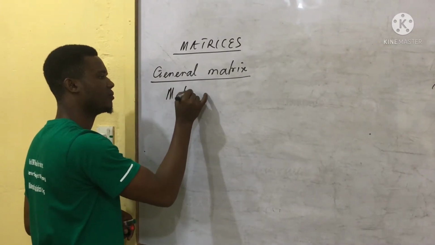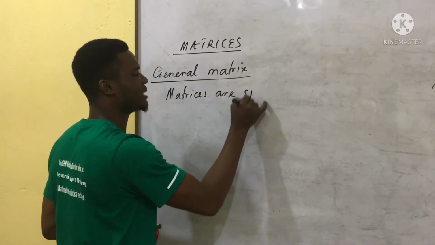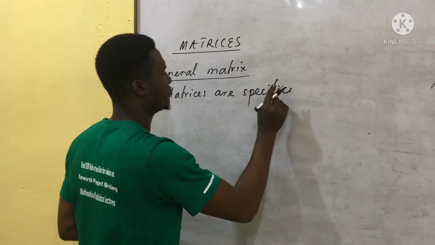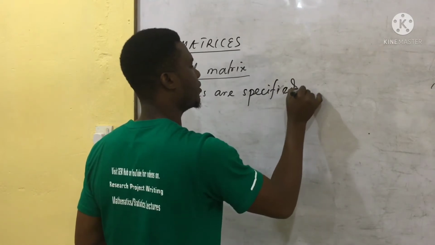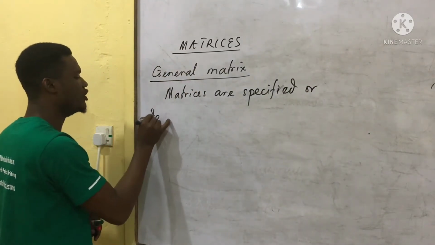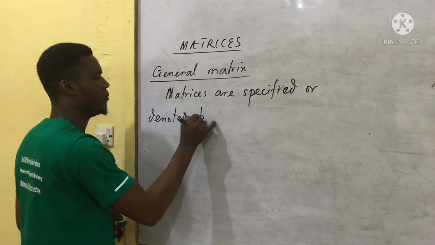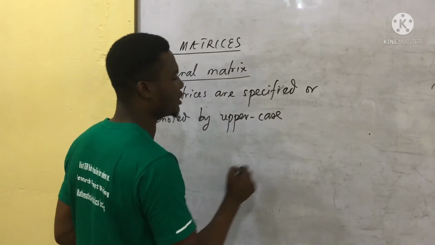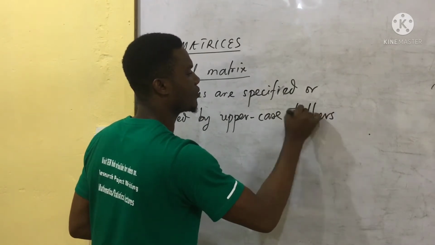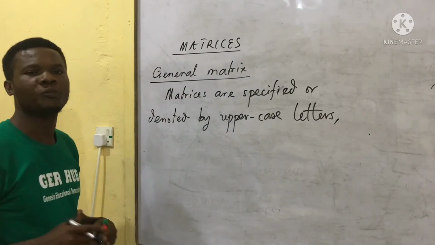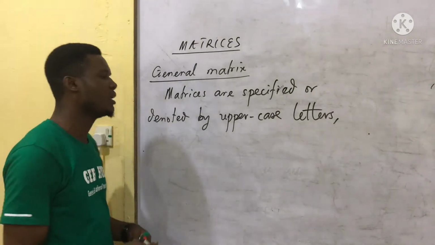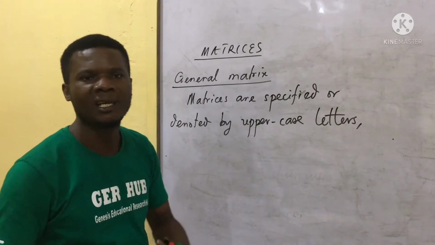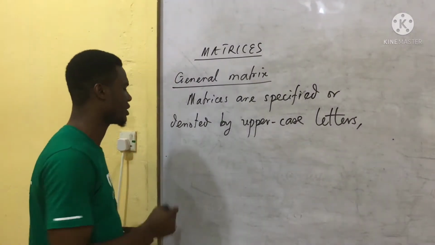Matrices are specified or denoted by uppercase letters. So if you want to specify a matrix, then you should be using uppercase letters. So letters like uppercase A, uppercase B, uppercase C, and the likes will represent a matrix, while